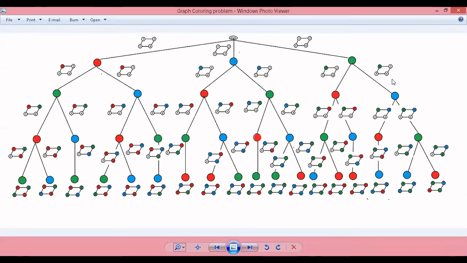So this is the state space tree you have to generate. But in the exam, you cannot draw the graph like this for every edge, because it will take more time and it is not needed. Then students will ask, why have you drawn it, sir? For students to understand better, I have drawn it so that in the last stage you can see all the graphs with the different colors. If the students see this, they will understand properly.